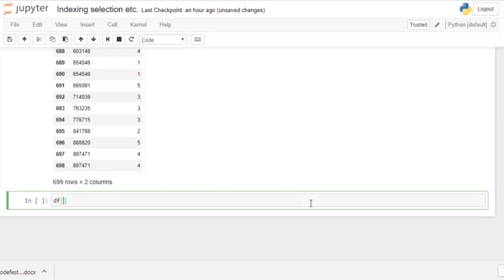Since I am making a condition on the cancer type, it will be df, and inside that the column name cancer type equal to 2. What it is going to do is return a boolean vector basically where all the cancer types are equal to 2, and then it will subset the df data frame according to these.